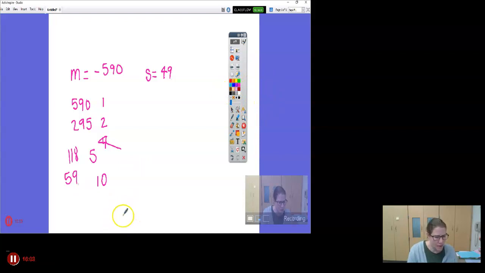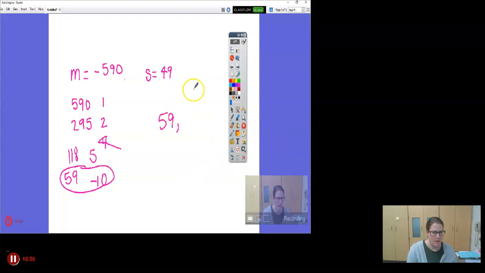So what I'm going to do here is decide which one of my numbers should be positive and which one is negative, because these two numbers here will work. They do multiply to 590 and they do add to 49 if one of the numbers is negative. Since 49 is positive and that's the bigger number, I'm going to leave 59 positive and make 10 negative. So 59 minus 10 does equal 49. So the two numbers that make 590 when you multiply them, or negative 590, and 49 when you add them, are 59